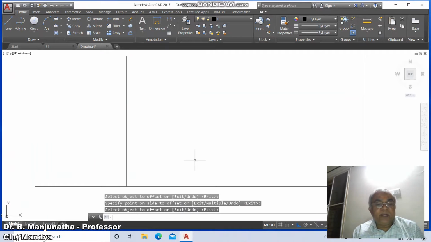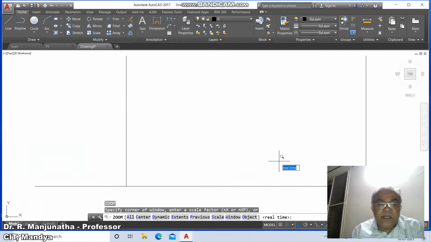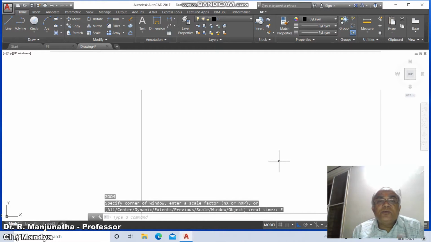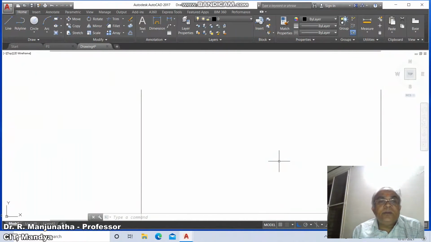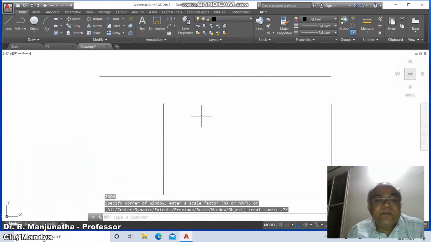Now we need to change the command to zoom. Then you go for extents. Since the extents option is there, you type E, the capital letter of the character E. So you're going to get the zoom extents. What zoom extents does is it extends the camera to the boundary of the entity which has been created. Now you go for zoom and 0.7x. So you're going to take 70% of the display.